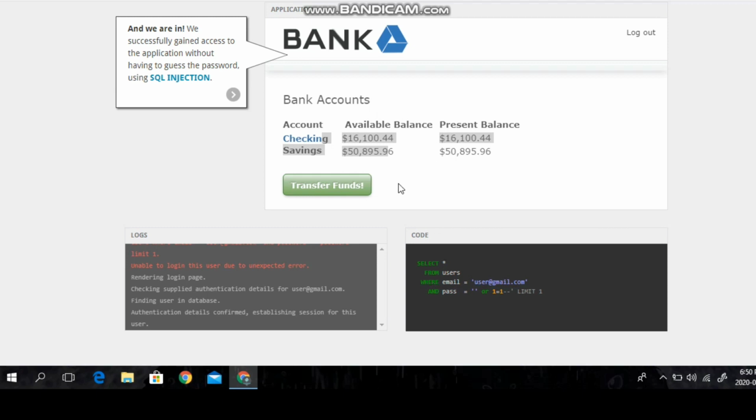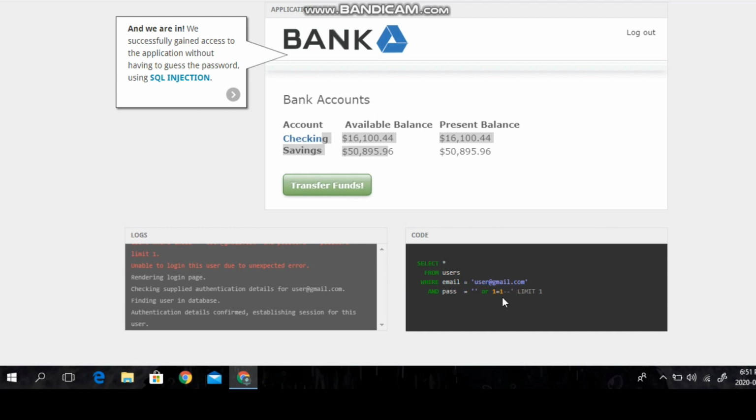What we did earlier was add a quote so that the string ends early, and we added our own command which can easily be executed, as the application doesn't do any checks or run any backend services to protect against it or find out whether the string is being manipulated. What we have done here is add our own code, or 1 equal to 1, which is true. If this is false, then this is going to be true.